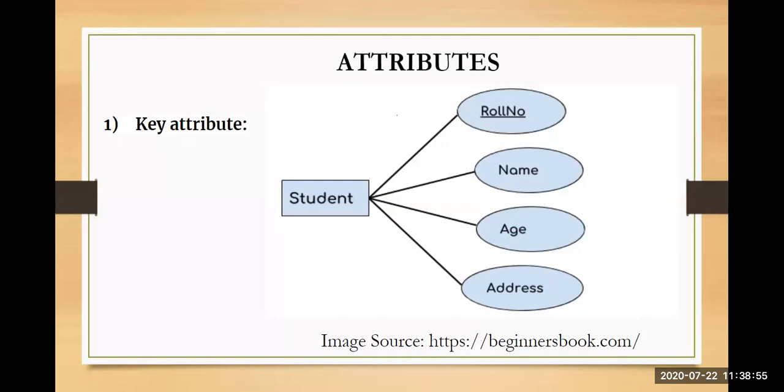That is why it is underlined. So it is your primary key attribute which will uniquely identify. Even if two students have the same name, they will have different roll numbers. So roll number becomes a unique identifier that identifies the student from a set of students. So that is your key attribute. Primary keys come as your key attribute, and you have to underline the key attributes.